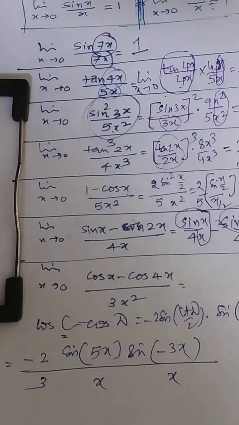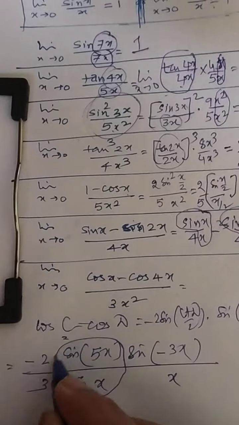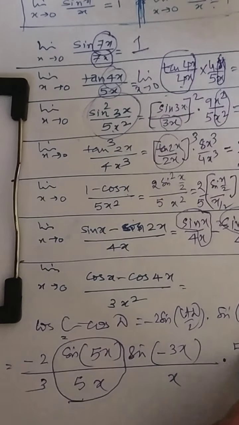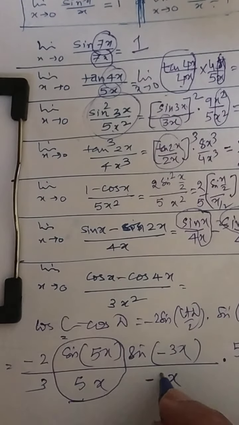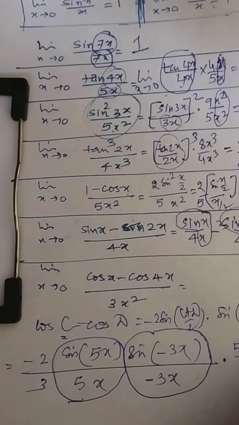Now a few things are missing so as to get the formula. What is missing? Suppose I write here 5, then this becomes 1. So 5 extra, 5 I will write. Here also something is missing. Here minus 3 is missing, then only the answer will be 1. So here I should write minus 3.